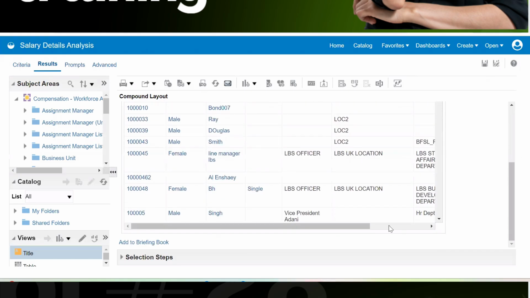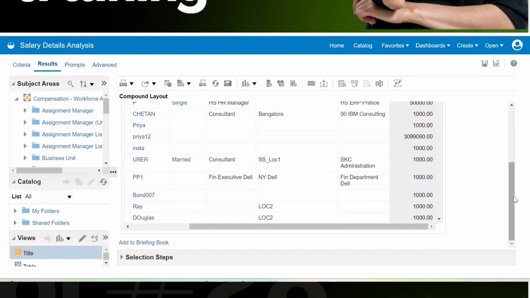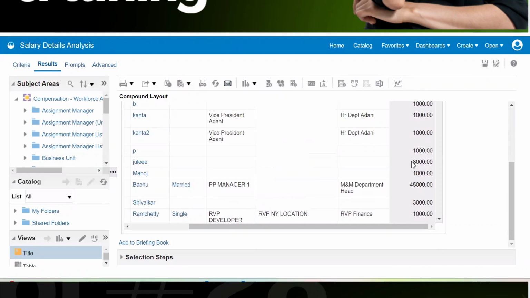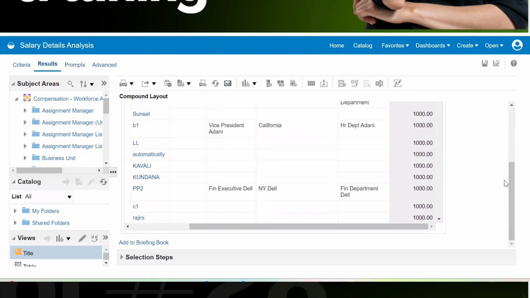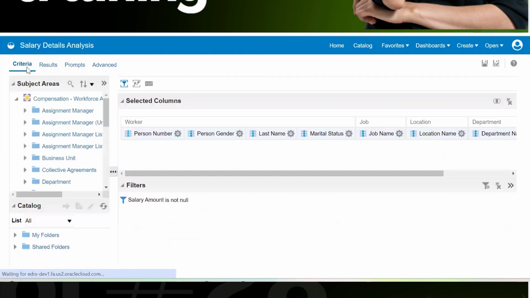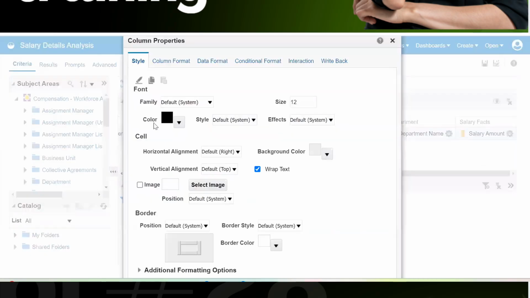Okay, once we got this data, we have seen these employees are having certain values. So Piyush, why does the salary amount column look blue? Yeah, because of the column properties. If you come here, go to the column properties, column style. Wait, because we haven't changed it.